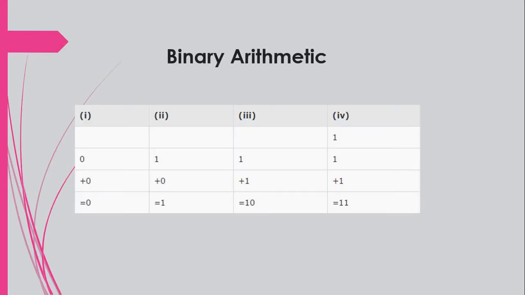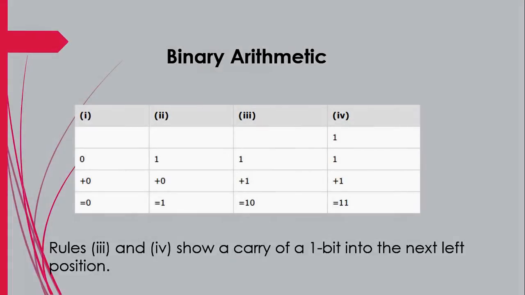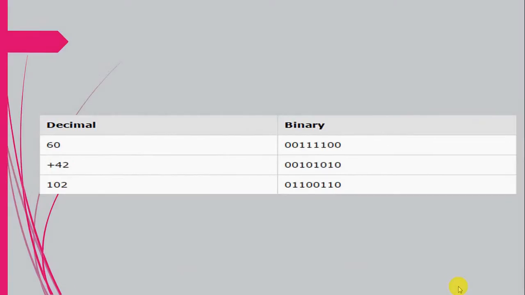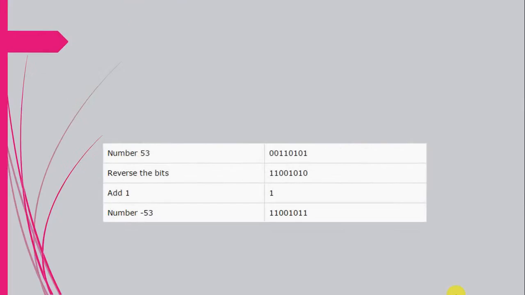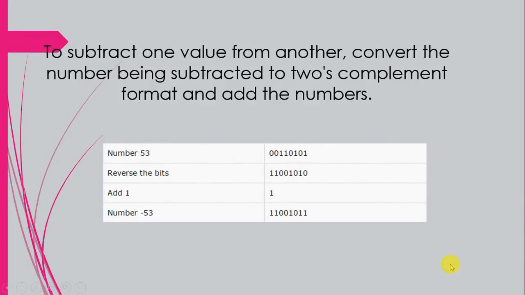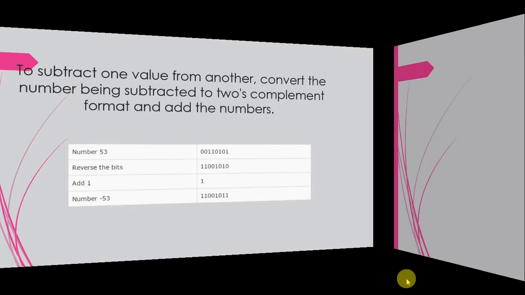The following table illustrates 4 simple rules for binary addition. A negative binary value is expressed in 2's complement notation. According to this rule, to convert a binary number to its negative value,